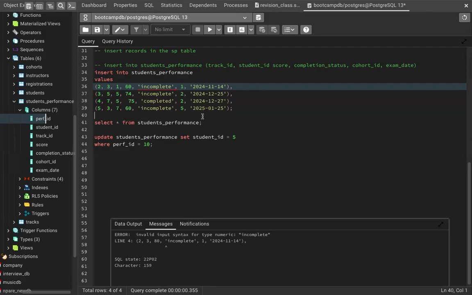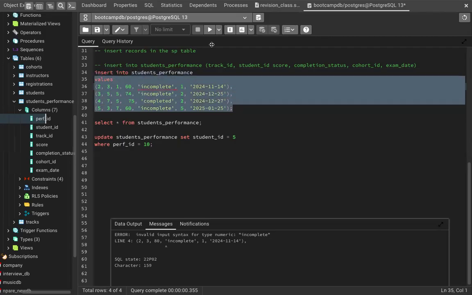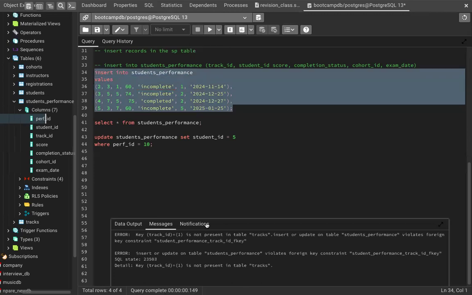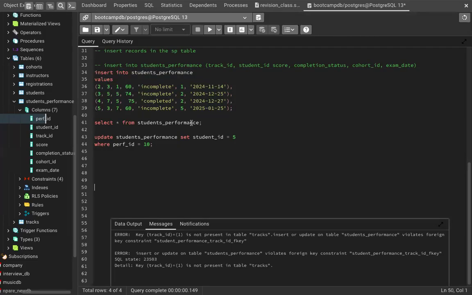Now the track ID is already there. That means these ones are the student IDs, right? Yes. Now you might still have an error. It's possible you have an error. Let's go and check. You're still there, but still not accurate. Now, what is the error? It keeps track of which one is not present in the tracks table. So you can see that this method can be complicated in a way